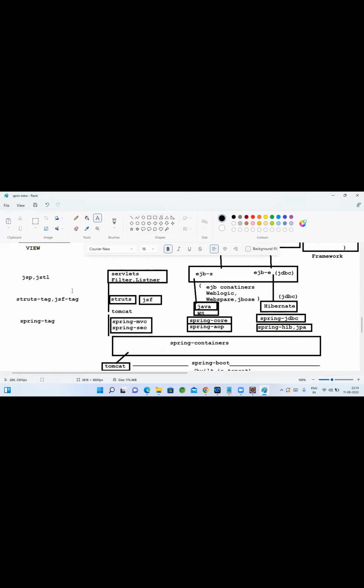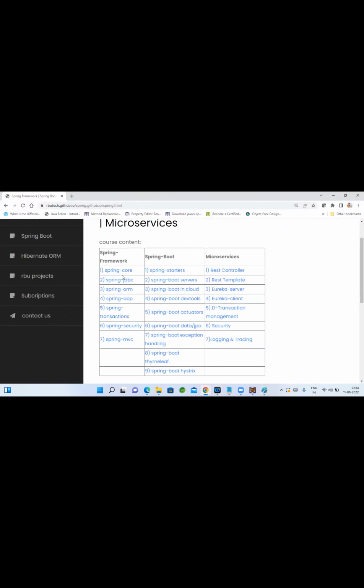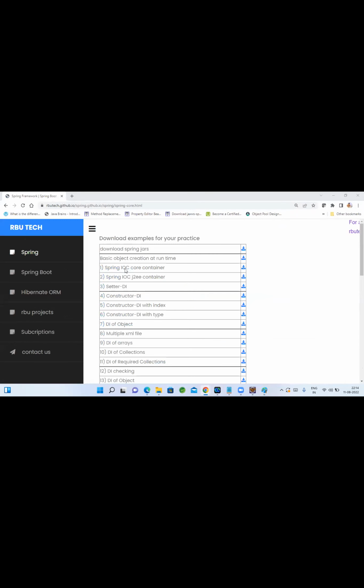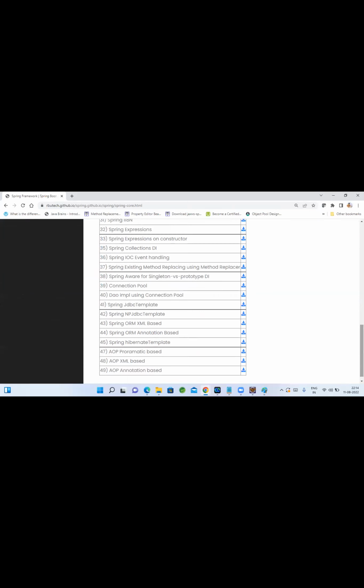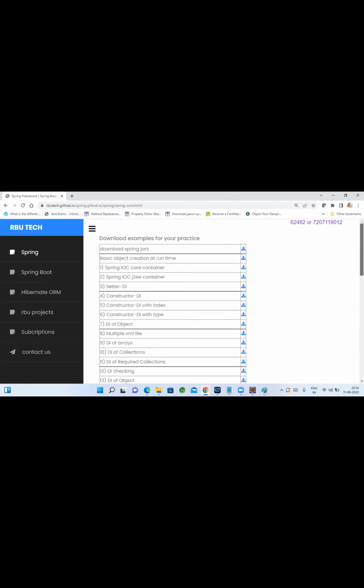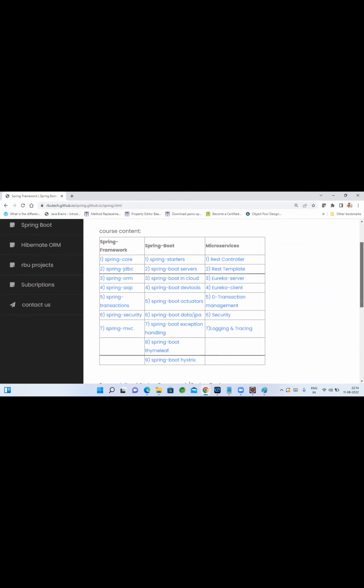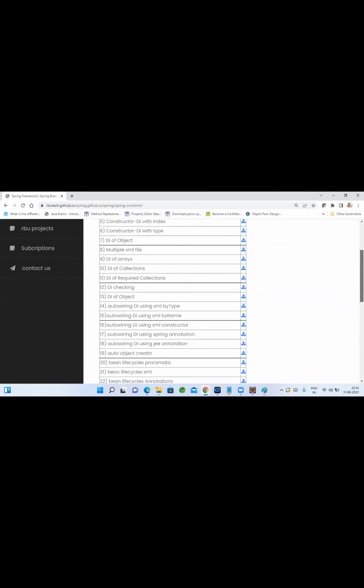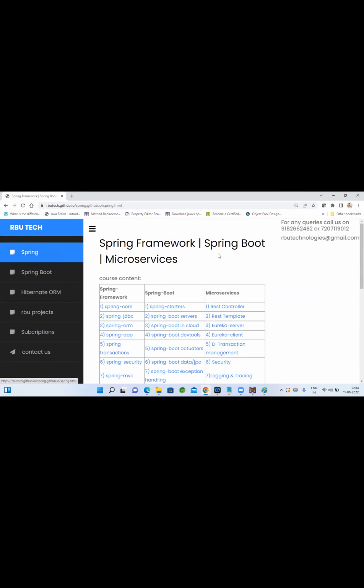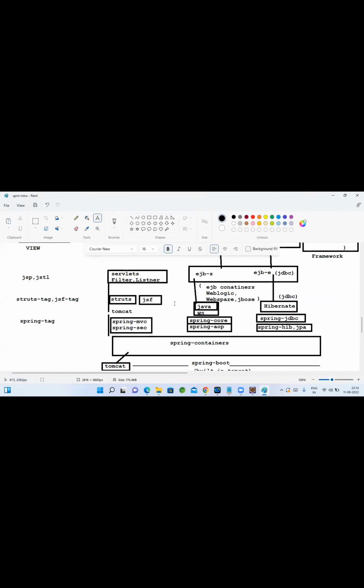We have that content on the web. If you click on that, you can see. Actually, there are many concepts. If you go to this example, you can understand that Spring Core itself has many concepts. We should not put the complete content there, but on a very high level you can see. In Spring Core itself, we have almost 60 plus concepts. But don't worry, they are simple concepts only. I separated them just for your understanding. Whatever is there on the website, the same you are going to be taught. Maybe I will add more during the examples if I realize something I want to add.